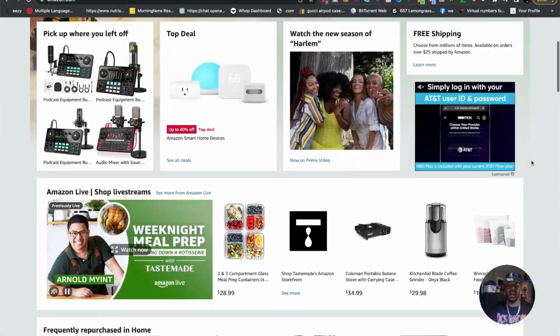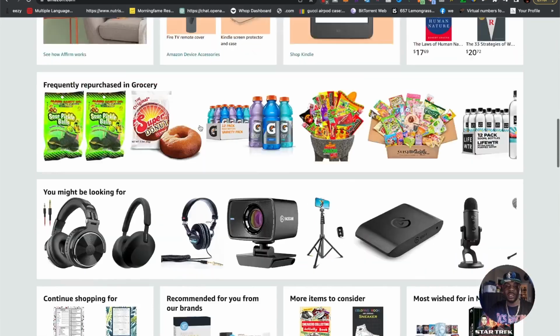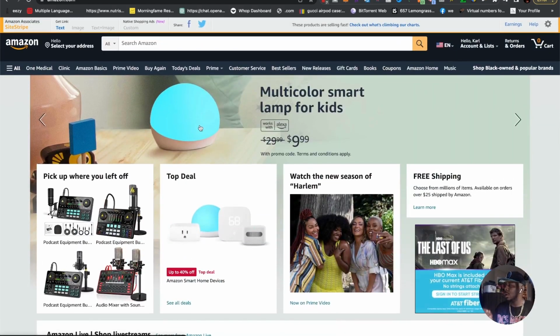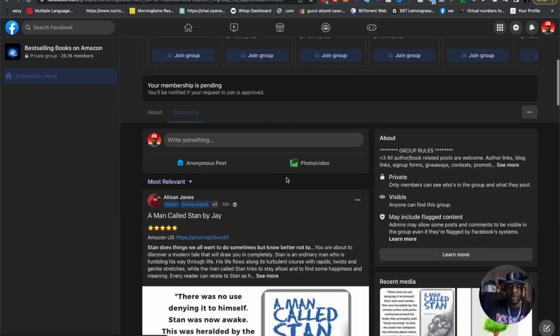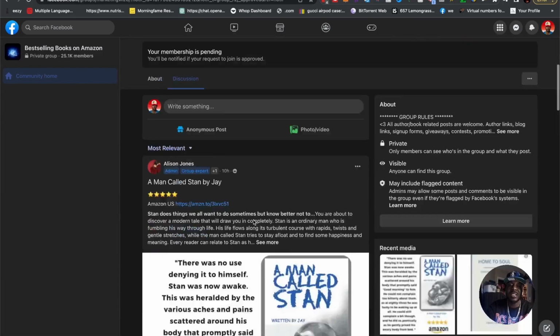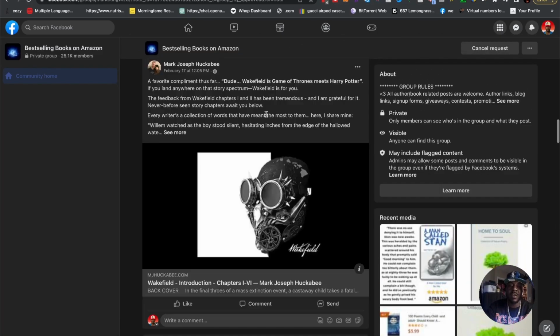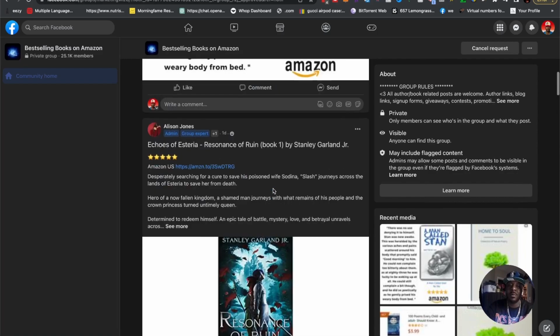And here's the beauty about that. You see the variety of products, right? If you can sell any of this stuff, like through a link, you're gonna get a commission on it. Now, you don't just want to blindly do that, right? You want to have a strategy, and here's where ChatGPT comes into play. Because ultimately, we're gonna take a look at this Facebook group, right? And this is called best-selling books on Amazon. The people that are posting these books, if they're posting links, are flat out getting a commission.